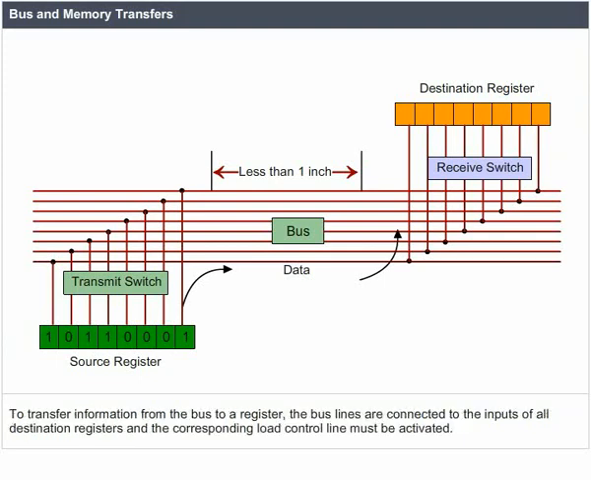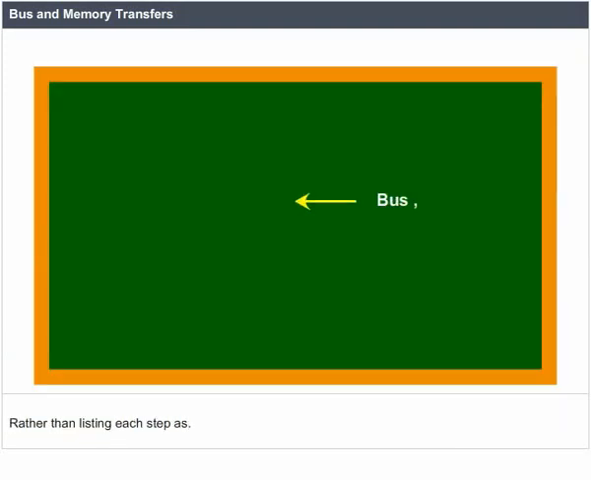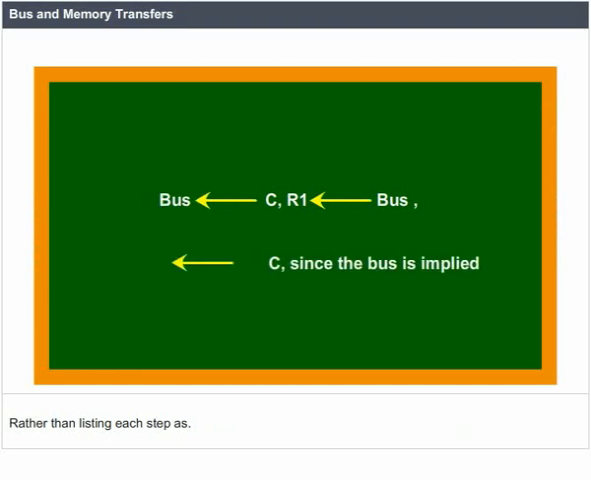the bus. To transfer information from the bus to a register, the bus lines are connected to the inputs of all destination registers, and the corresponding load control line must be activated. Rather than listing each step as